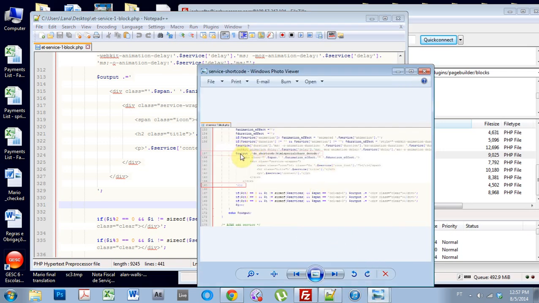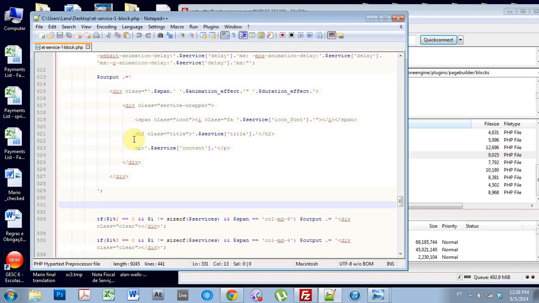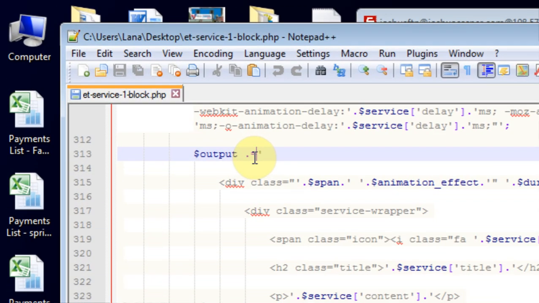Alright, so we got the serve output, all the div classes, and then 3. Perfect. This is where we need to be. So what I'm going to do is come inside of here, and I'm going to write do_shortcode right here, between the equals and that. What's that called? Tick mark, I guess. do_shortcode